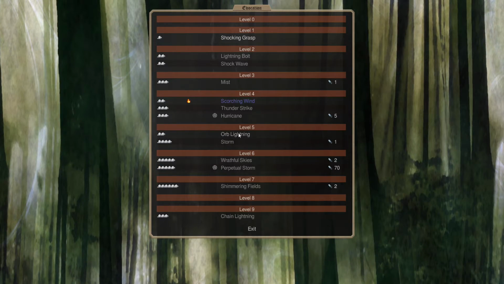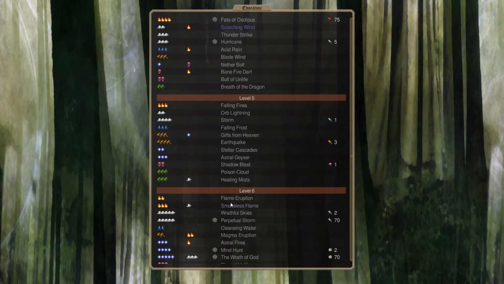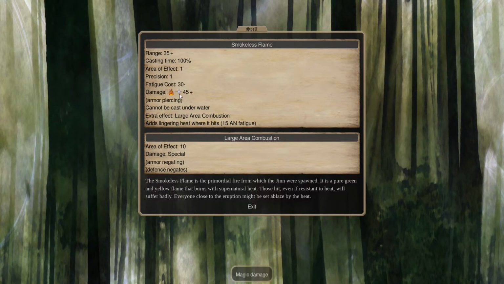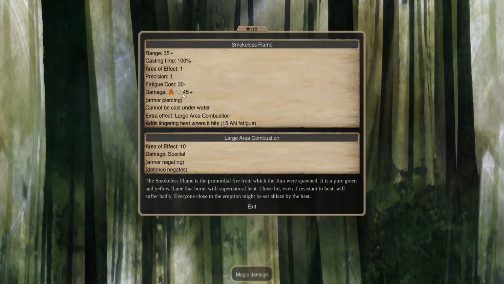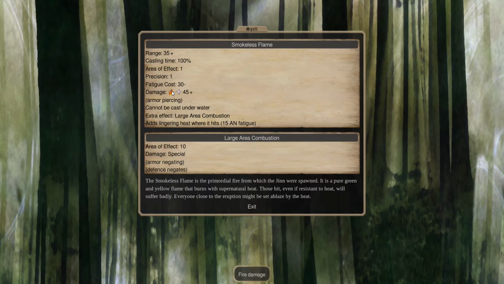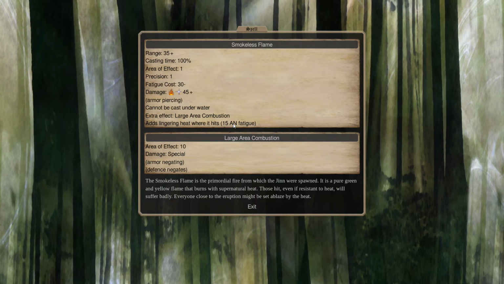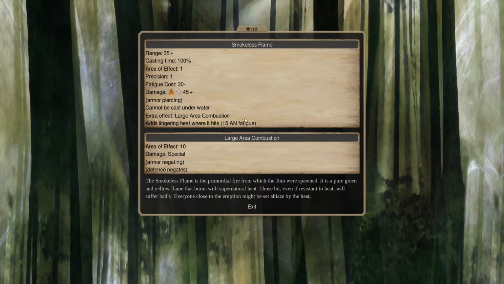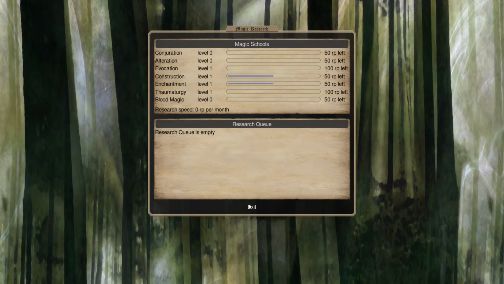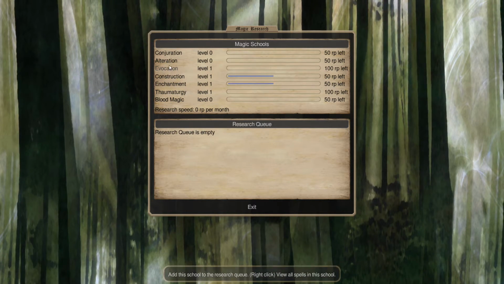Actually, if we go back to air, no, not air. Scorching Wind, that was this one here. We also have Smokeless Flame. Level 3 fire, level 1 air. Smokeless Flame will do, well, range 35 is not bad. Damage 45. Magic damage, fire damage. In a large area. So that would be really helpful, right? 15 armor, negating fatigue damage here. Yeah, and damage is huge. So our units tend to have fire protection as well. Well, not units. Maybe the commanders at least have that. So I think I'm going to go for that as well. That was in...